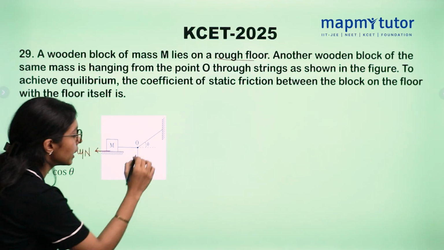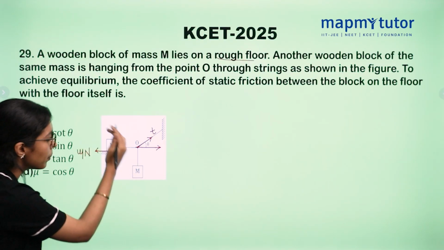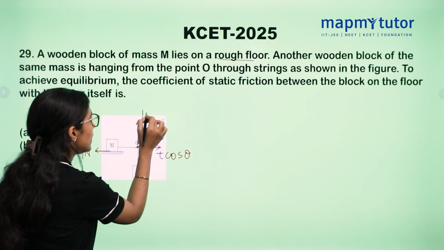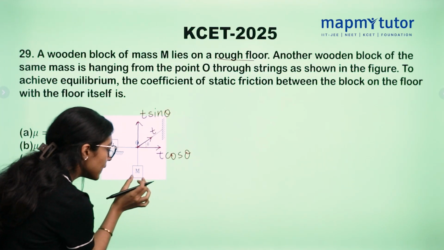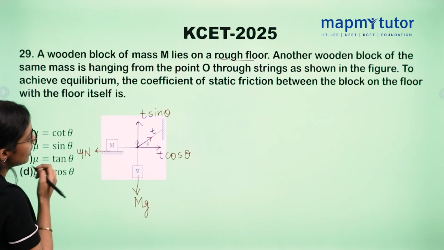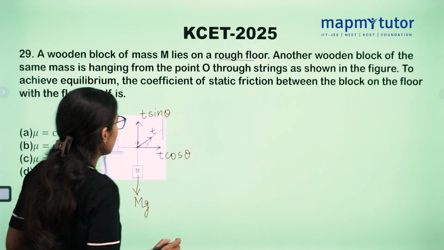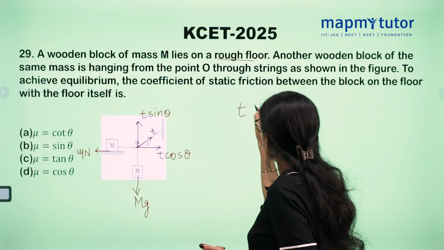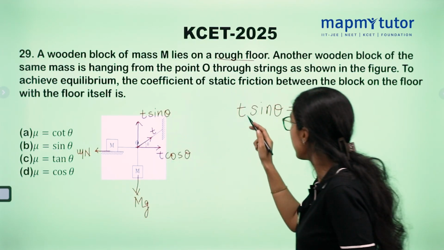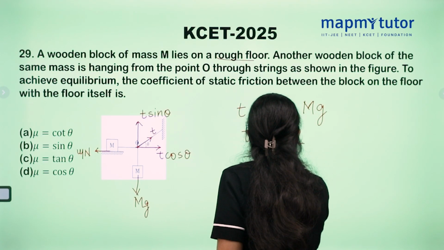Now, we have a static friction that is mu N, right? And then look carefully. This is T, let's take. I am resolving my components, so it will be T cos theta horizontally and T sin theta above. Again, on this block there is gravity acting downwards, mg, and that's it. Our problem is almost solved. Equate T sin theta equal to mg. Can I find T from here? Yes, T equals mg by sin theta.